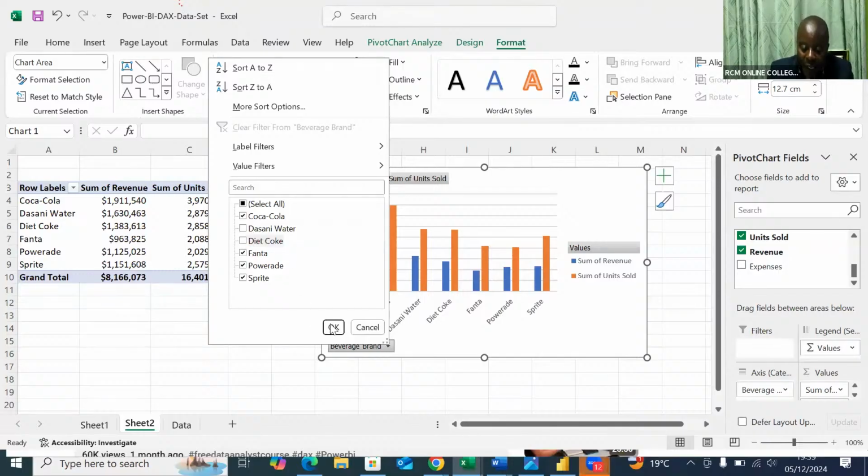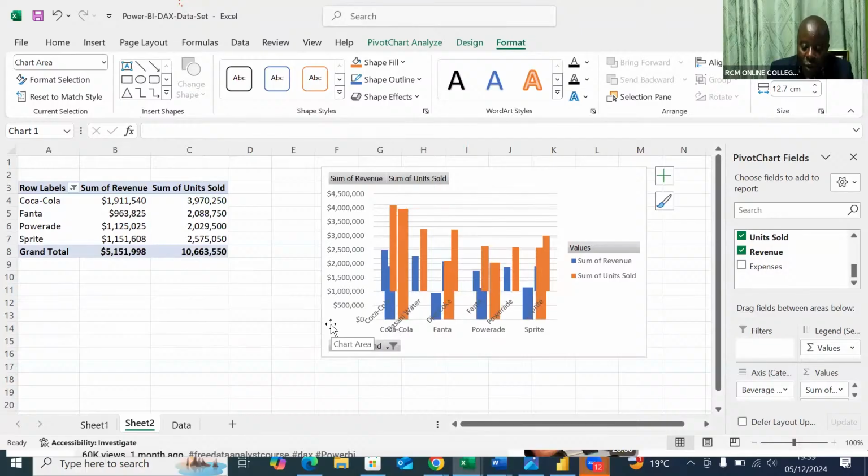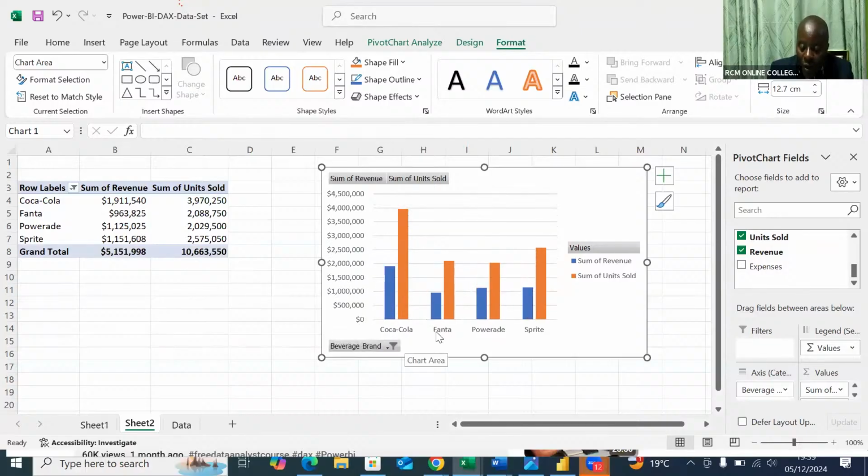So if I come and say, okay, you'll be able to see Dasani water now disappears. Now we are left with Coca-Cola, Fanta, Powerade. Then we have Sprite. And here, the things that I filtered out, they are no longer there. So these and these are always connected. They are always connected. All right. If I simply come and continue even filtering even more,